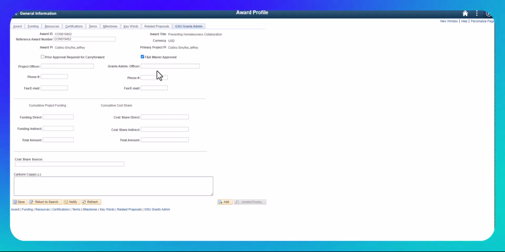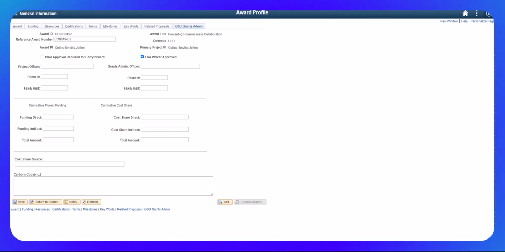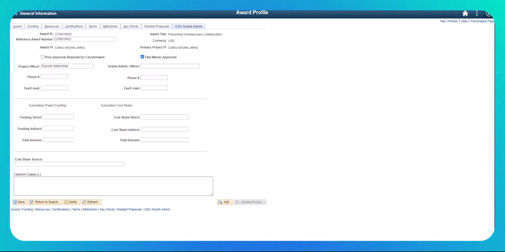And then we want to enter any project or grants admin officer contact information that we have. So from my award letter, I am taking the contact that is listed